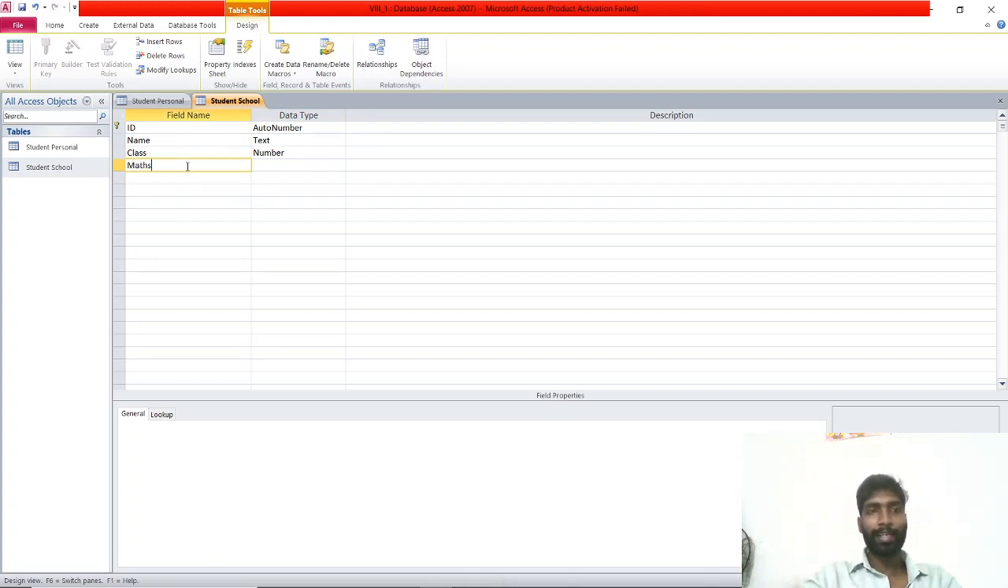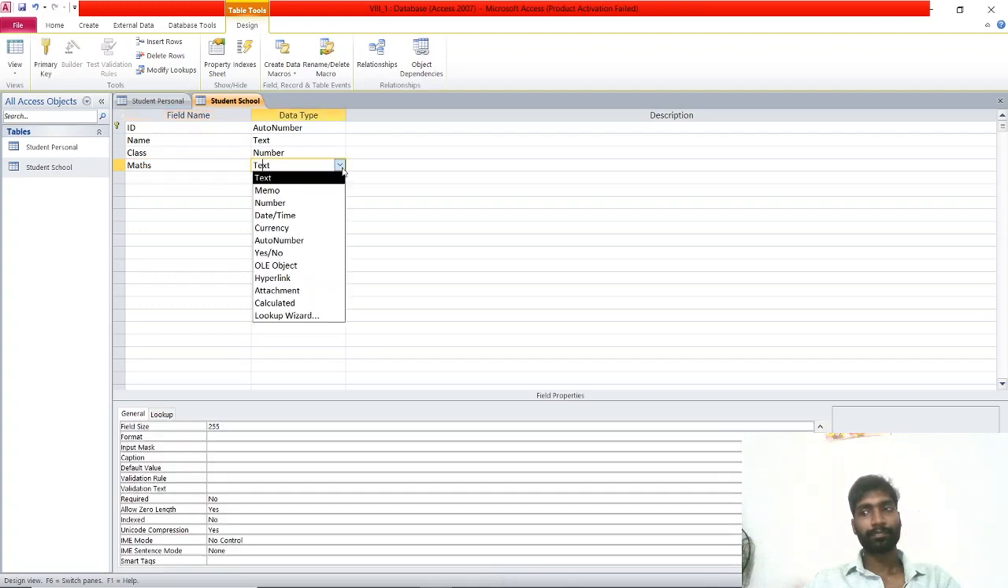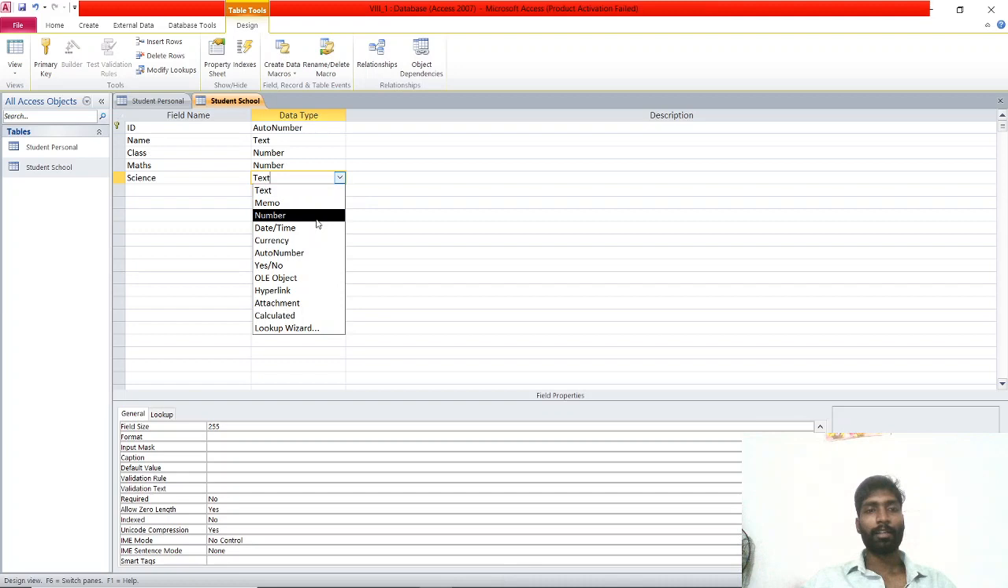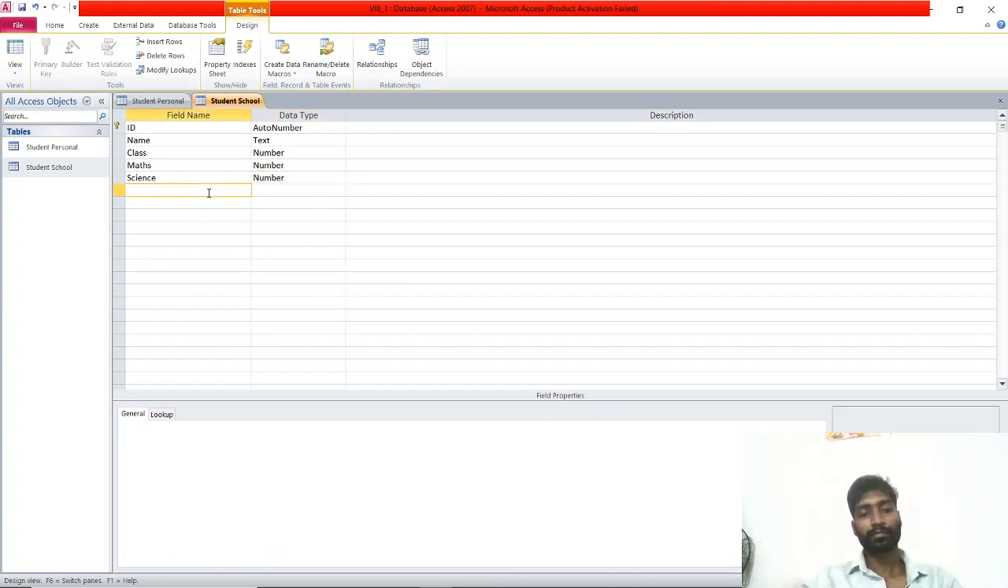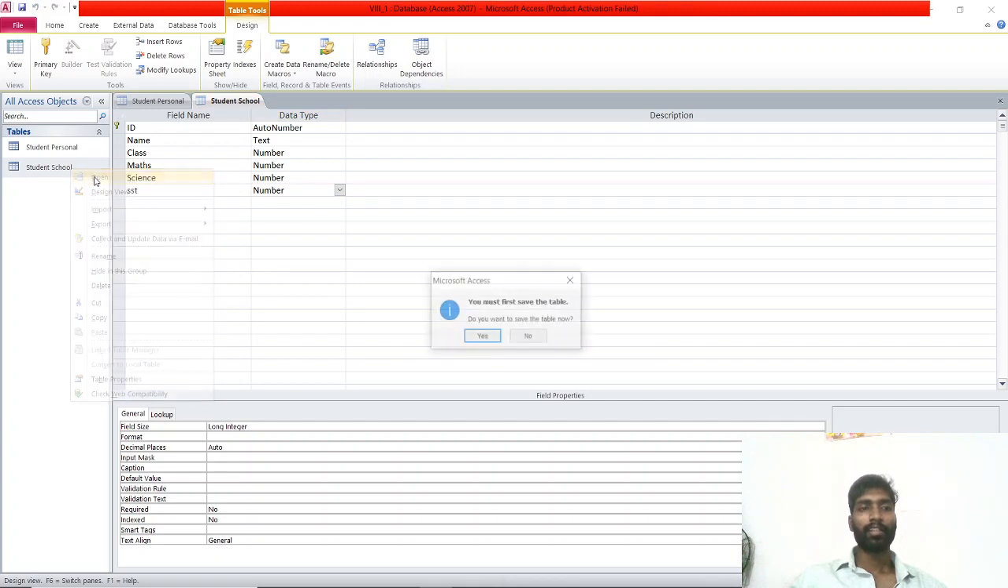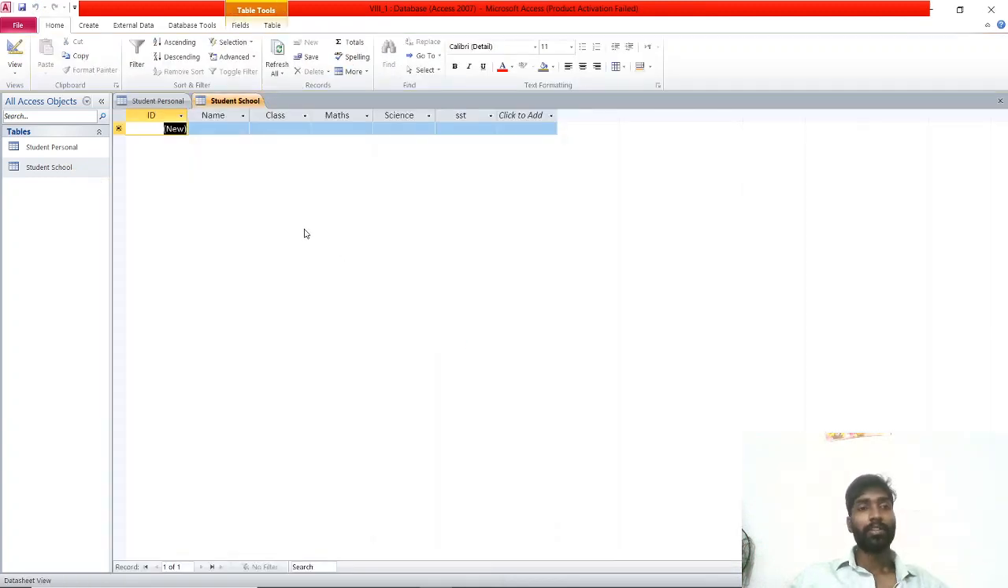Maths, number. Science, also a number. After that, SST. I think, students, this is sufficient. I don't want to add more because this is just to show how we make all these things. Save it. Now for student name we can give Aryan,